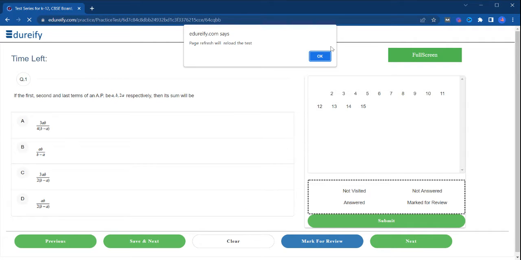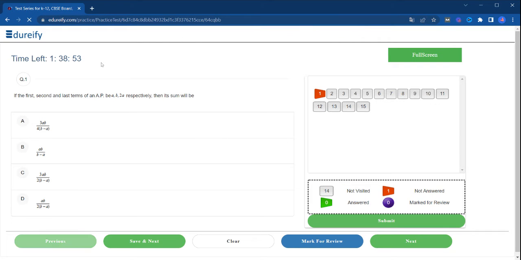So there are 15 questions and there is a time limit. Within this time limit, you have to complete all of your 15 questions. The first question is: the first, second and last terms of an AP are a, b and c respectively, then its sum will be. A, B, C, D, these are the four answers. Whichever is correct, click on it,